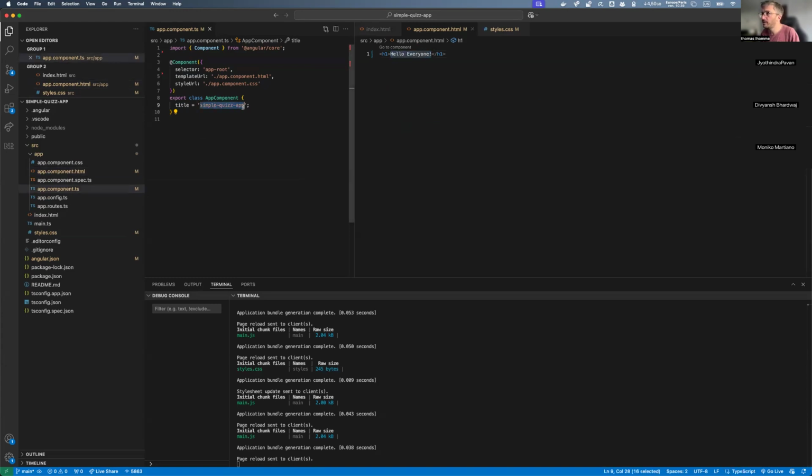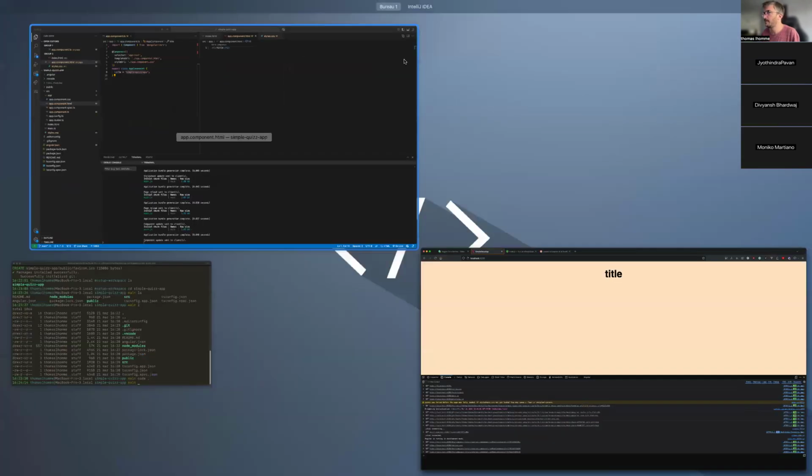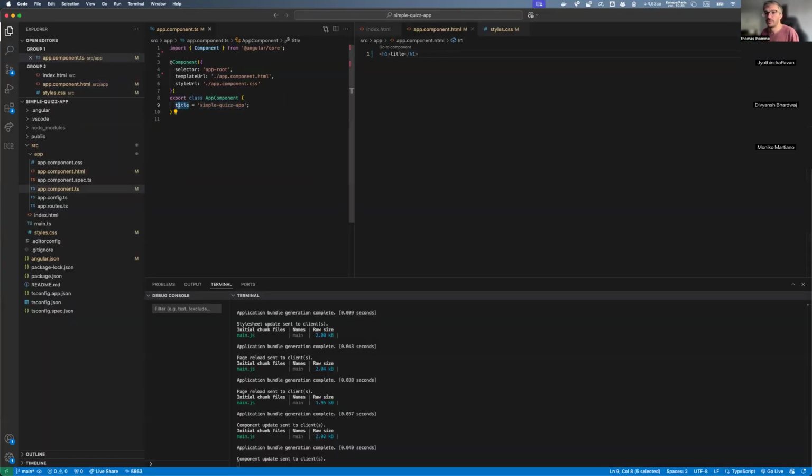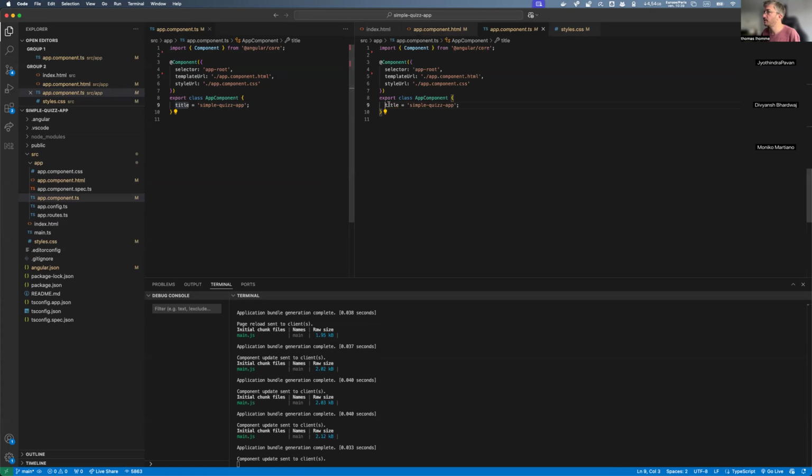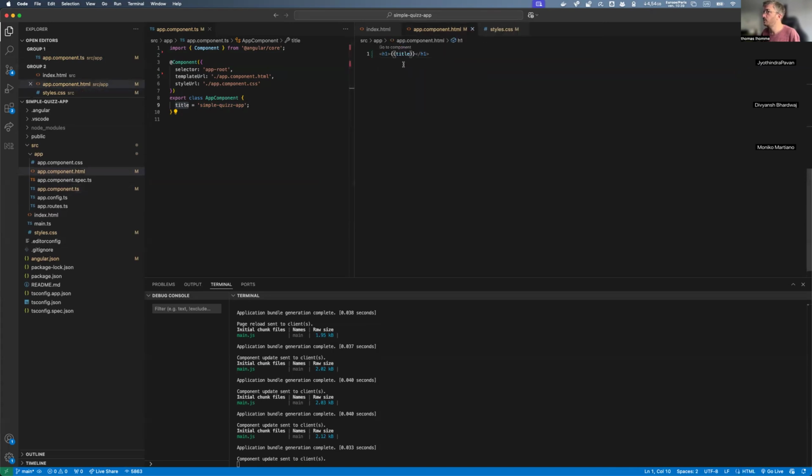This guy here, I want to have the content of this variable displayed here, right? So I can do this. I'm going to remove this content here and put this. Of course, if I type just title, what will be displayed is just the word title, not what you want, right? So I want this variable. So we use what we call an interpolation. So the interpolation is saying, doing this and this. And you can see that if I control click on this, it leads me to this guy here, right? So by doing this, I'm saying, okay, this will display the content of this variable here. Right, let's have a look.